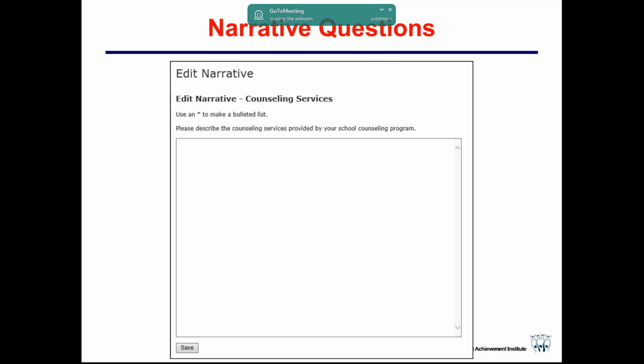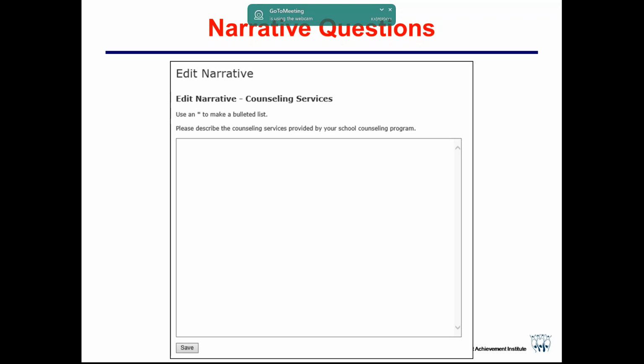There are a couple of things where there was just no documentation that you could upload, like in the sample that's on the screen right now on counseling services. We really need you just to tell us, what counseling services do you provide? Do you provide individual brief counseling, group counseling, consultation, referrals? What are you providing to kids in terms of your counseling services?